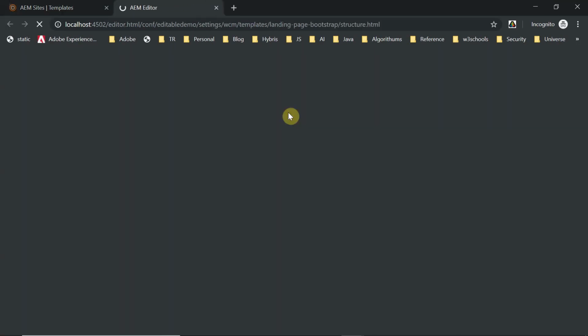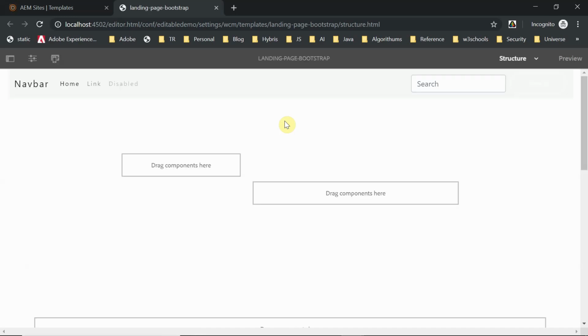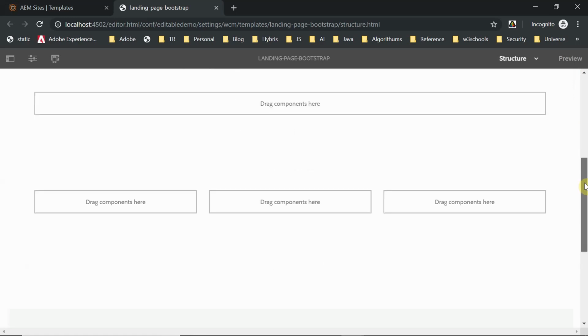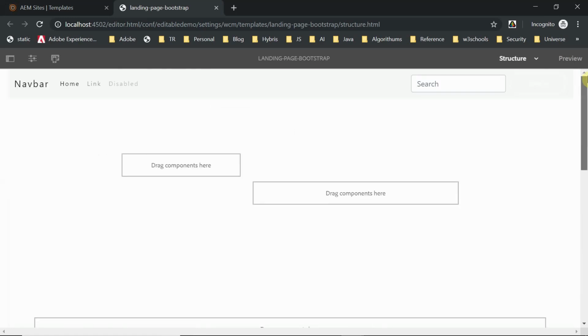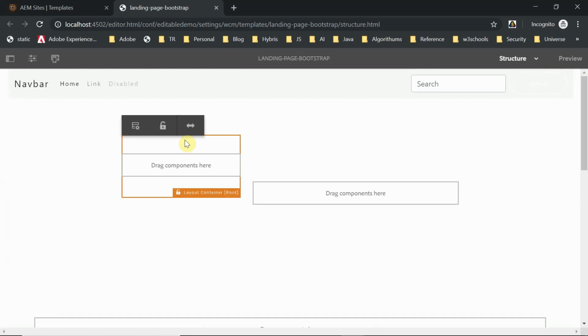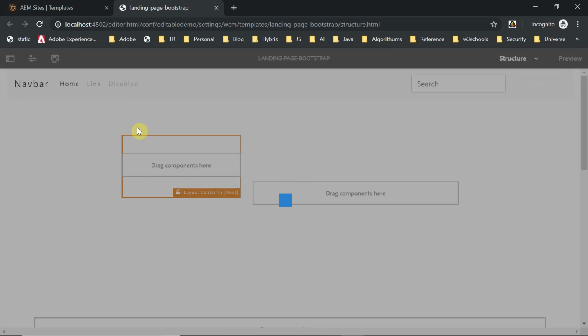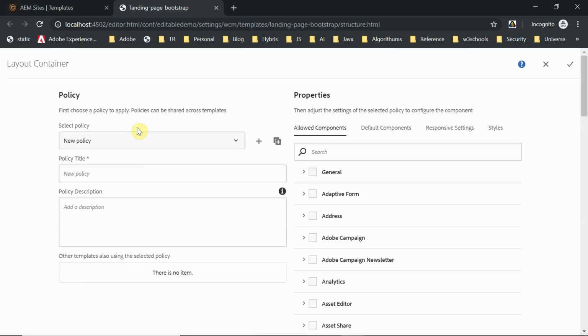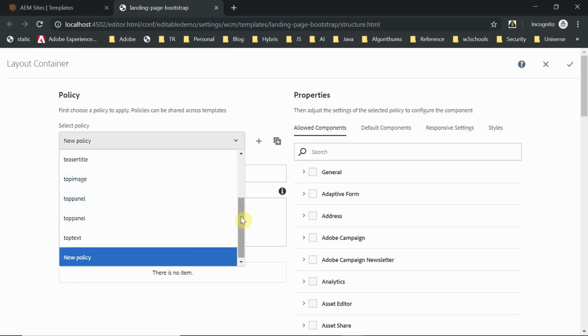Okay, and this should be opening now. Yeah, so it's fine. So the required structure is coming now. Looking fine, the header and other things. And now what we need to do is set the policy for each container. So go and select on the policy. This policy maybe you can select from the existing one.